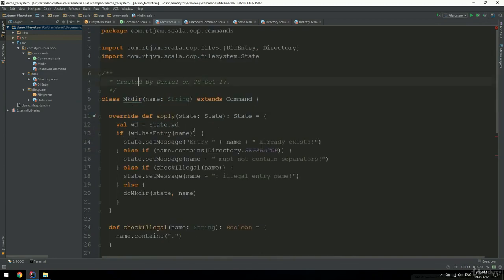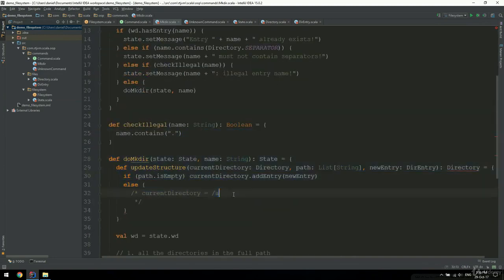So if current directory is /a and the path is /b or b,